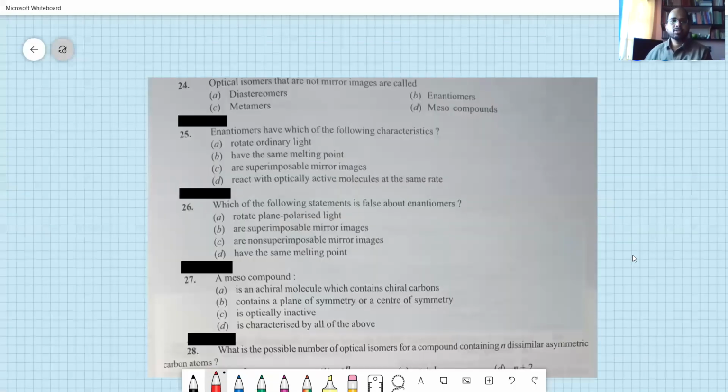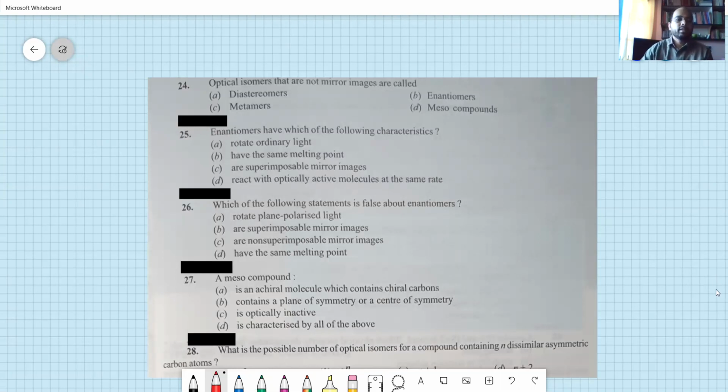A few examples pertaining to geometrical isomerism we discussed in previous classes. We have listed out a few from optical isomerism, including some definitions. So let us do some exercise regarding metamerism, optical isomerism, etc. Here are the questions. You can see that the first question is a very simple one.